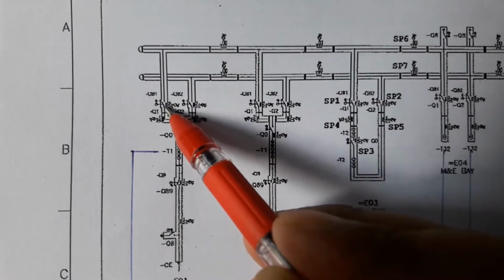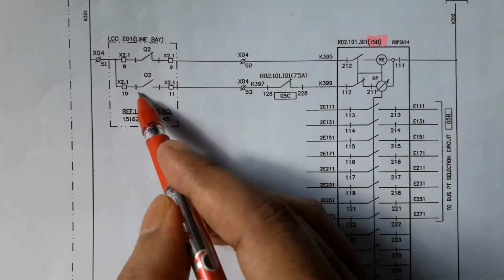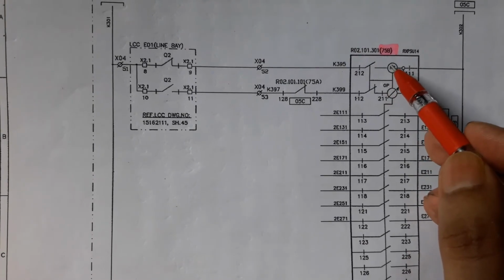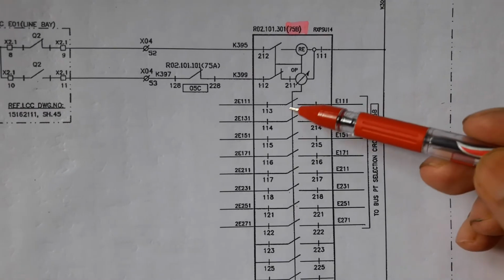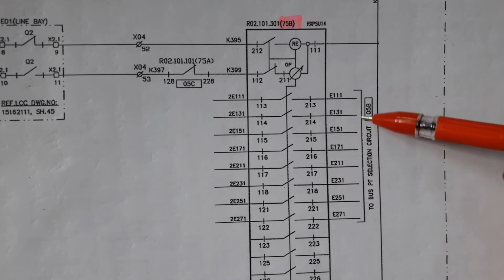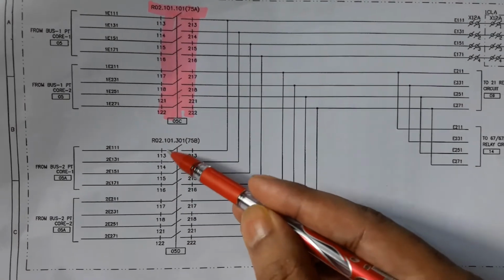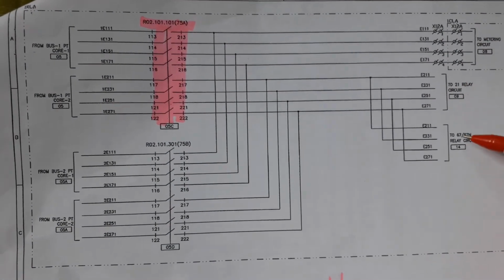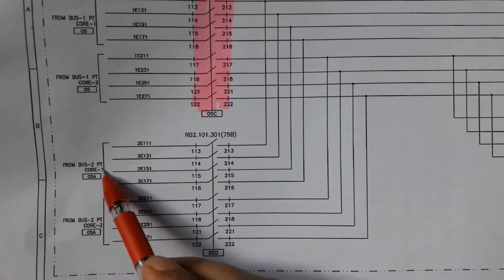Now when Q1 isolator is closed, Q2 isolator is opened. As Q2 isolator is opened, the auxiliary contact of Q2 isolator is also open. So this 75B relay is not in operated condition. So these contacts of 75B relay are in break condition, which is also described in sheet number 5B. So as these contacts of 75B relay are in break condition, bay equipment like meter, distance protection or directional overcurrent relay are not connected with bus PT2.